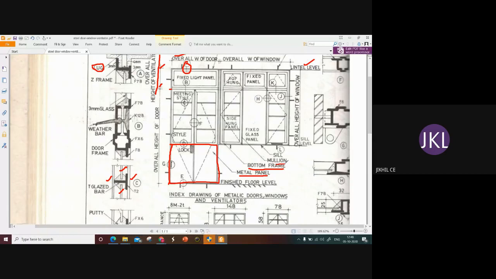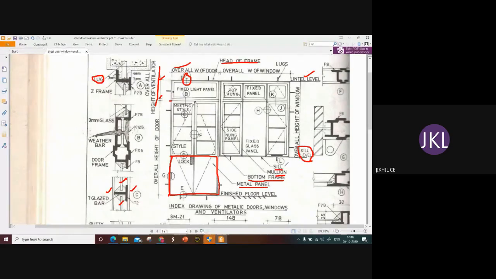And sill, as I told, is the bottommost portion of the window, and this level is called the sill level. And we have the overall height of the window. So always the windows are located above the sill level, and the doors from the floor level.